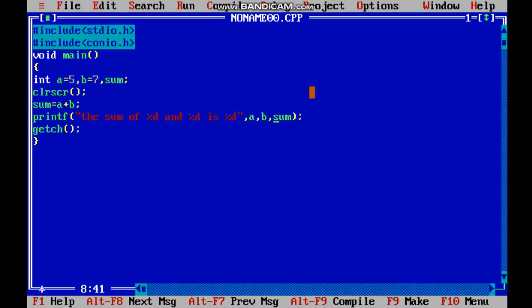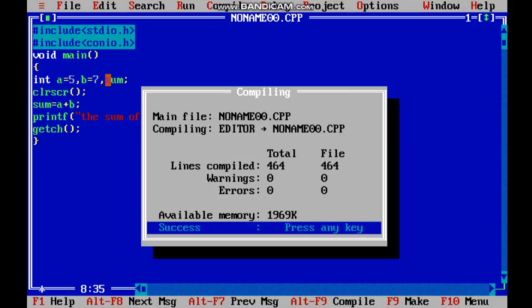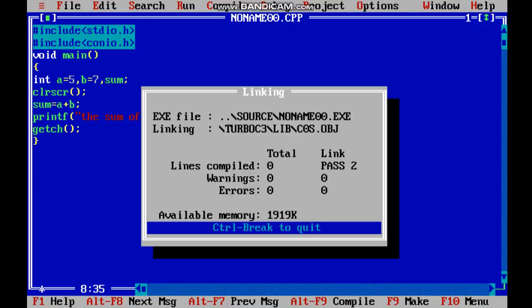Now coming next, if you want to display in multiple lines, how are we going to do that? Suppose I need "the sum of %d and %d is", and the answer should be in the next line. How am I going to do that? Coming here, I'll put this backslash n for new line, alt F9, success, control F9.